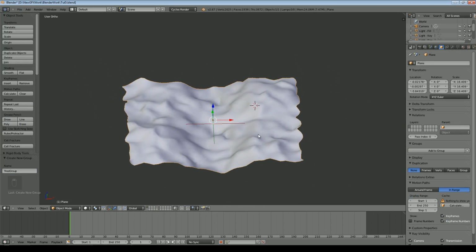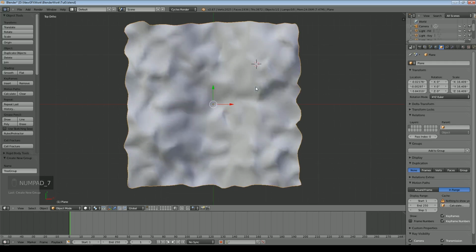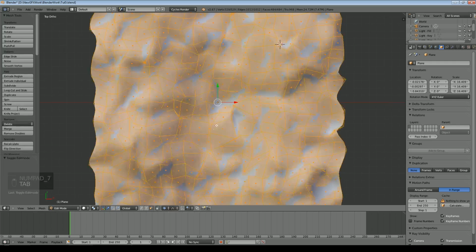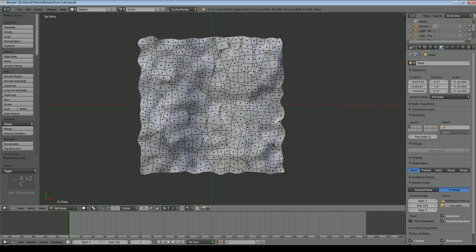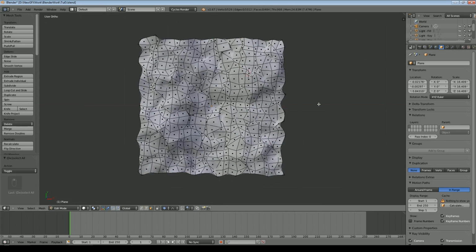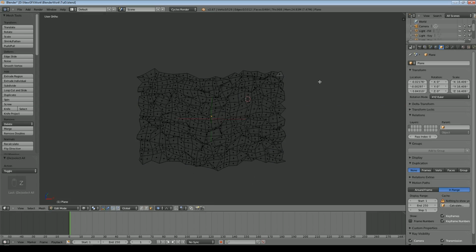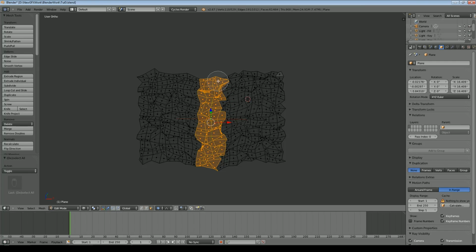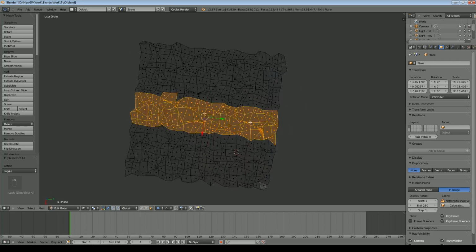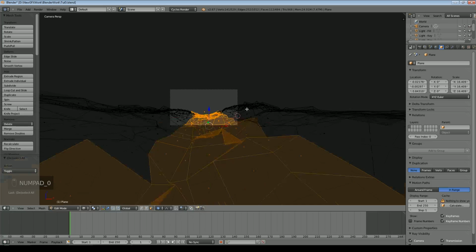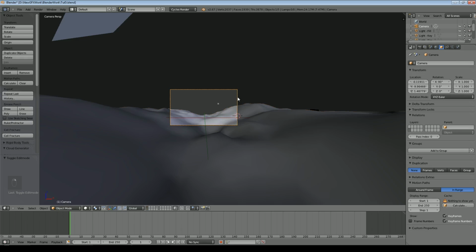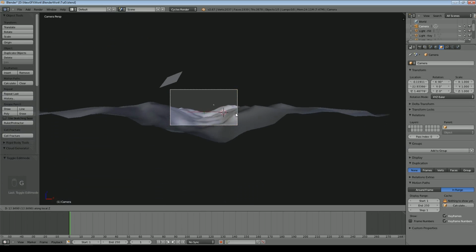So the first thing I want to do is actually define where the path is before I put any trees on here, and you'll see why in a moment. So we'll go into edit mode, unselect everything, press C to have a selection come up. I'll have it slightly at an angle so that I can see what I'm doing, and we'll have it about that sort of size, and we'll just run the selection down like that. At the moment I'm not doing any sort of variation, I'm just defining that there will be no trees in this area. Now if I look at my camera view, I will need to move my camera around, but there are areas where I don't really need any trees because the camera can't see in that area.